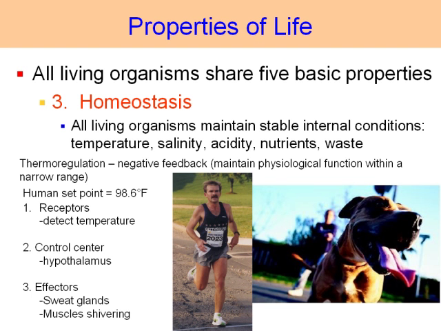Now, if there's divergence from that set point, receptors, temperature receptors, are going to detect changes in temperature, regardless of whether you have increases in temperature or decreases in temperature. These receptors are going to send that information to the brain, and the brain is going to process that information, and that information will be relayed to a part of the brain specifically called the hypothalamus. And the hypothalamus will then send out information to what are called effectors, including sweat glands as well as the muscles.